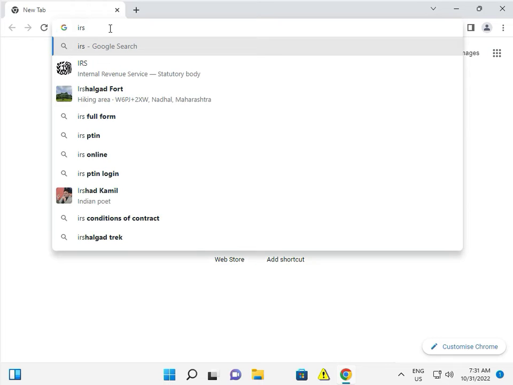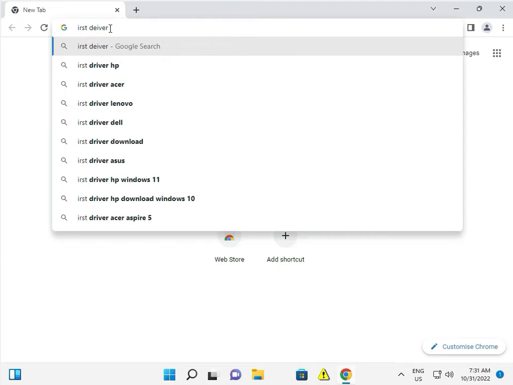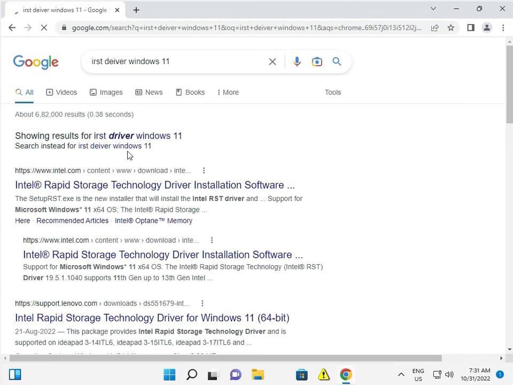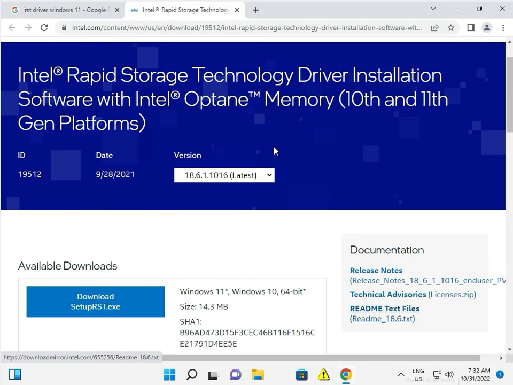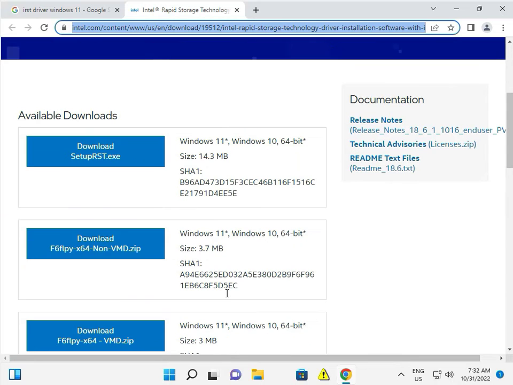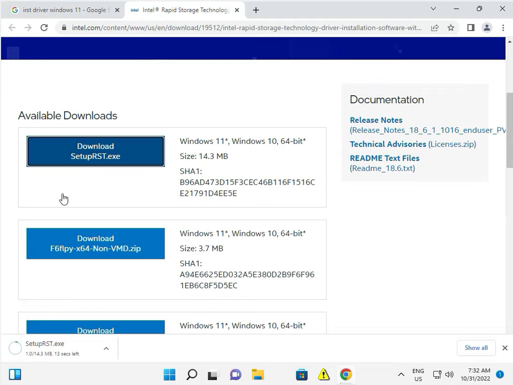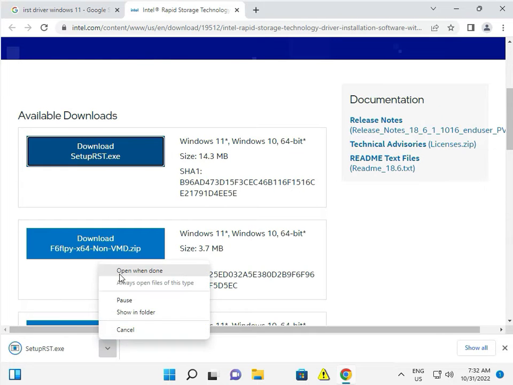IRST driver, Windows 11. Okay, and this link I will give you in the description, so you can download it directly from the link. Okay, download and first run. Okay,